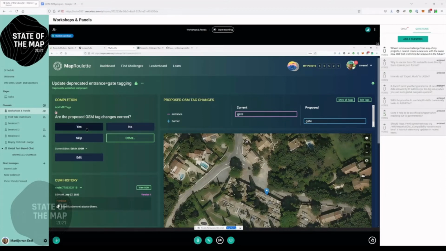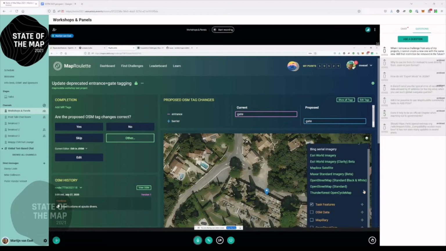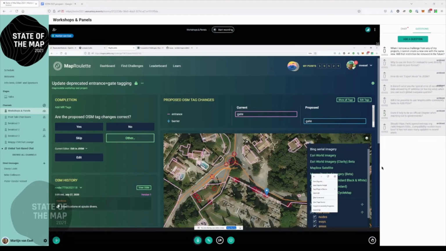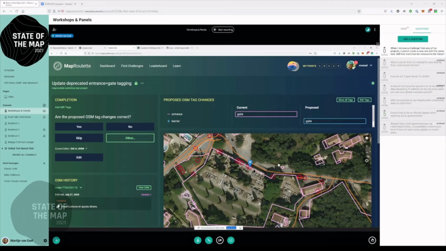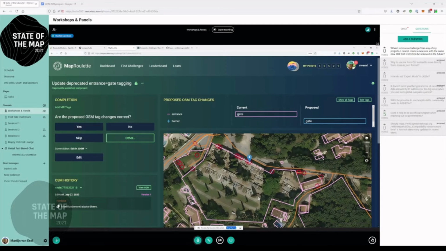So in this case, if the mapper is confident that this is a correct change, then they can click yes. Otherwise, they click no. Here, of course, they can get additional information. They can load the OSM data right in here, so that they can see what's going on without loading it into the editor. You can see that this is probably a node that looks like it's part of a fence around the building, around this garden. And if I'm confident that this is a correct change, since there are no other tags on this node,